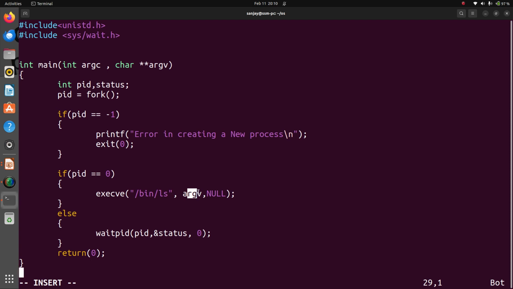In our case, the command line interpreter. Okay, so the child process executes the command and outputs the list of files and directories in the specific directory.